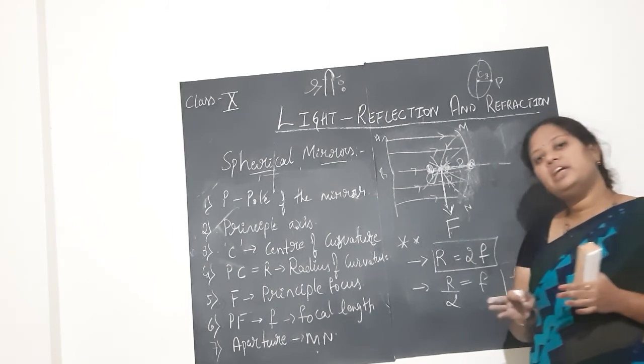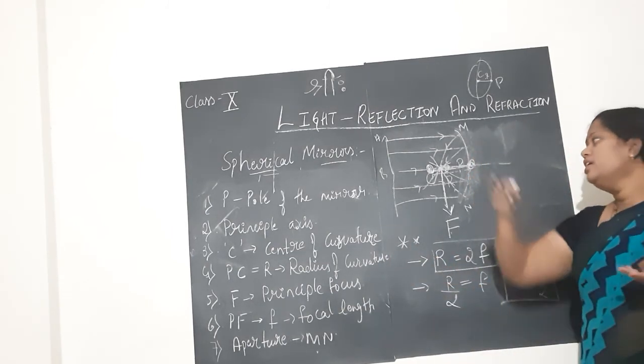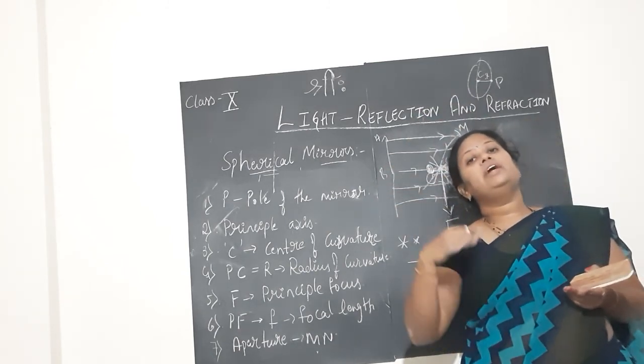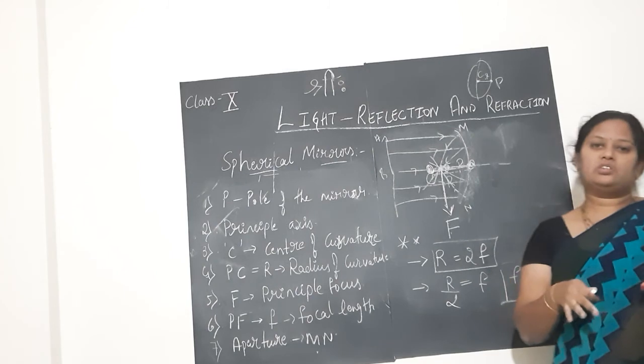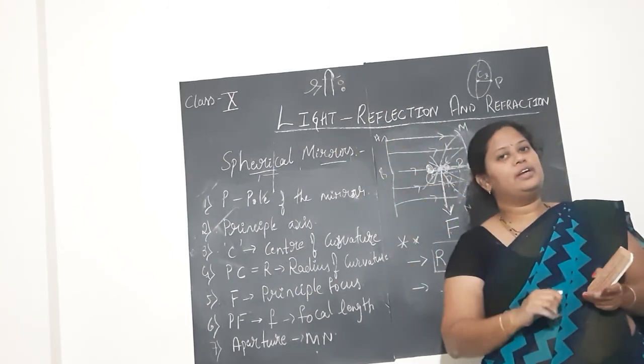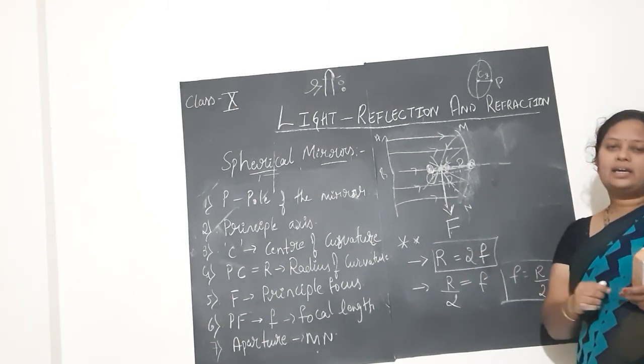So why the name ray diagram? Hope you understood. Light always travels in the form of rays. Hence here in the figure we are representing nothing but the rays of light and the reflection process, how it takes place at different positions of the objects, we are going to learn, children. So hence it is called the ray diagram.